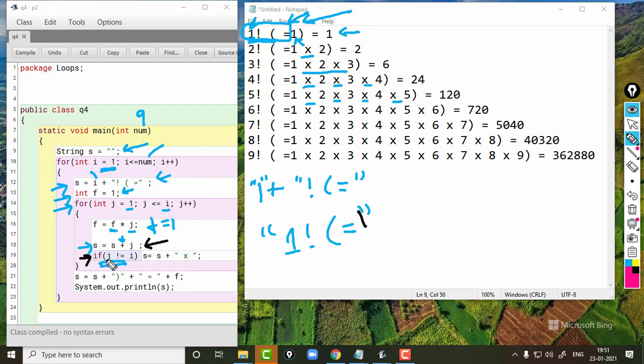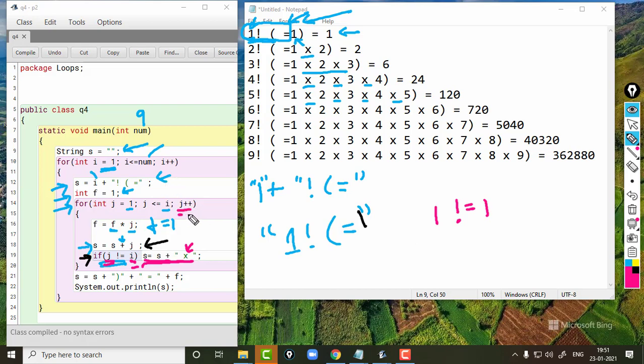So the value of j is 1 and the value of I is also 1. So the condition becomes 1 not equal to 1. So this will not execute. The multiplication sign will not be concatenated.